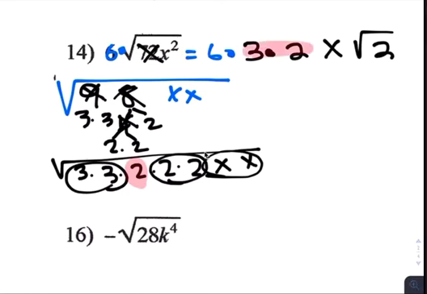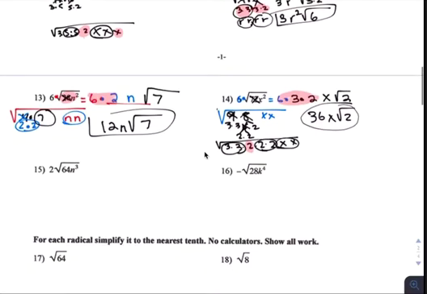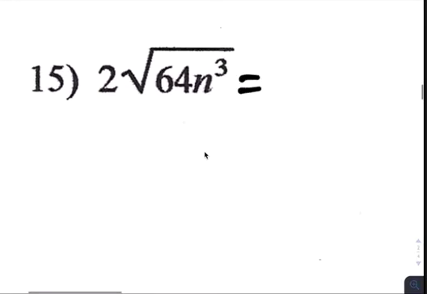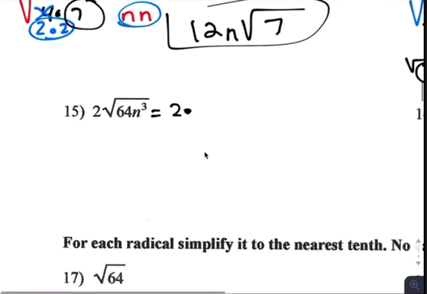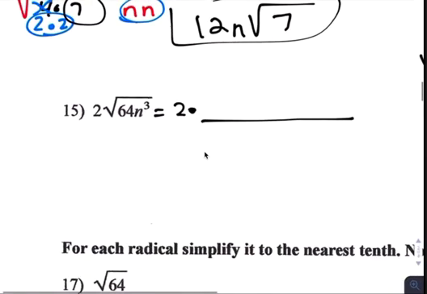That means you can multiply these all together here. So basically that's 36 x square root of 2. Okay? And then number 15 is the same thing. 2 times whatever your answer is. So n